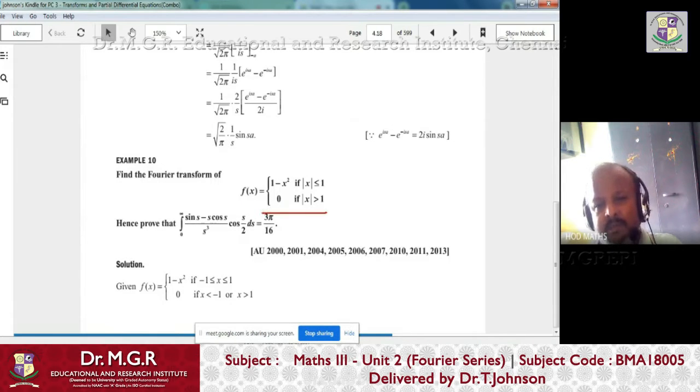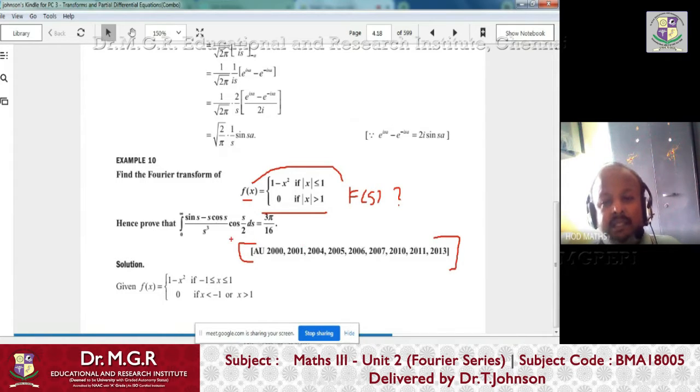So I take this problem because this problem is very, very important. You can see they ask it many times in exams. They are asking to find the Fourier transform of a function small f of x. So you have to transform this function into F of s by applying the Fourier transform. The first thing is you have to find F of s. The next thing is, using that, you have to show that this integral value is equal to 3 pi by 60, right? So this is a small application of Fourier transform. I already told you that either Fourier series or Fourier transform has applications in wave theory, but mathematically also it has some small applications.